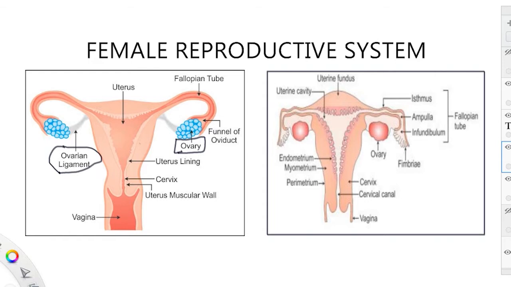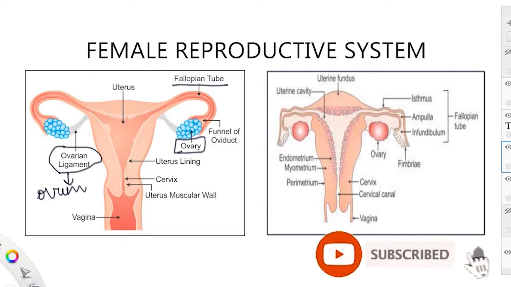This ovary is the organ which produces the ovum. Here only I am writing it so that you can get whatever it produces. It produces the ovum and it leads to the secretion of two hormones that we will discuss, but right now we are just trying to understand the diagrammatic part. Now after this ovary, another part that comes into the picture is this fallopian tube. This is the second part which comprises the main part of this female reproductive system.